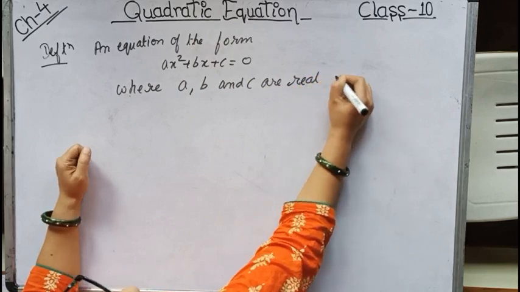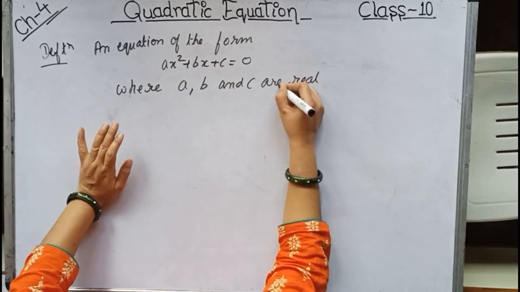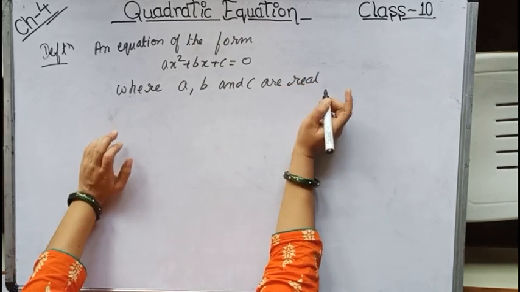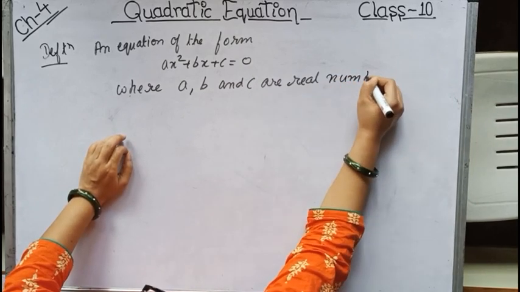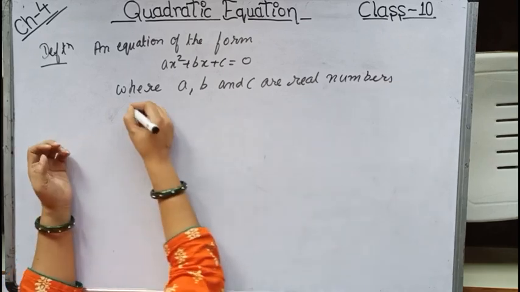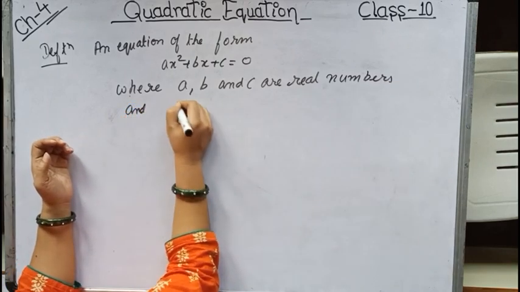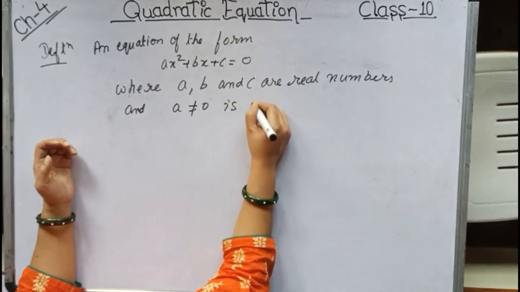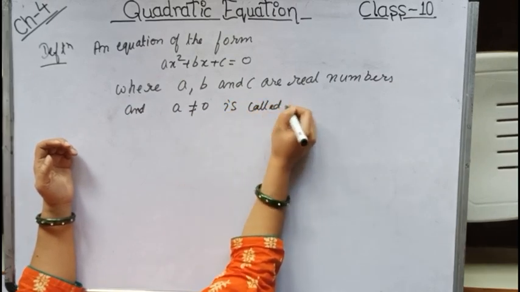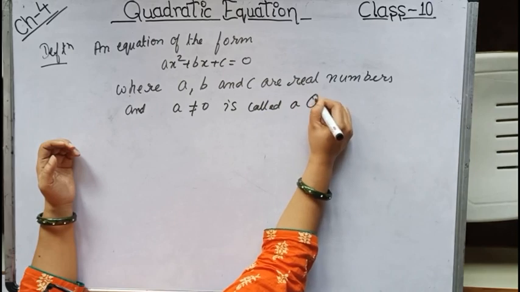Now real numbers are the numbers which are both rational as well as irrational. A, b and c are real numbers, and a not equals to 0 is called a quadratic equation